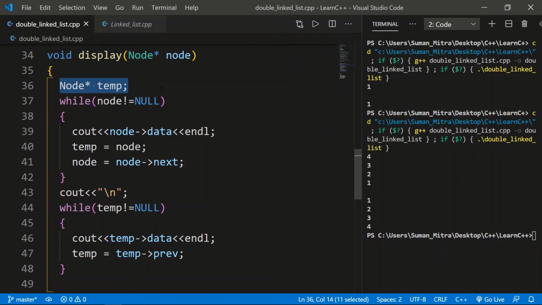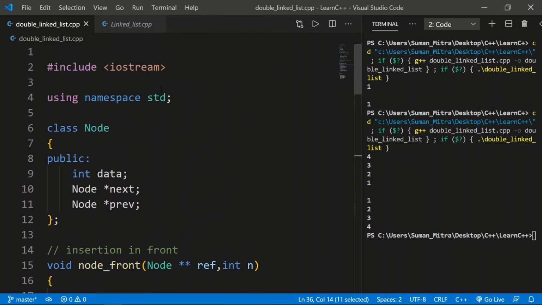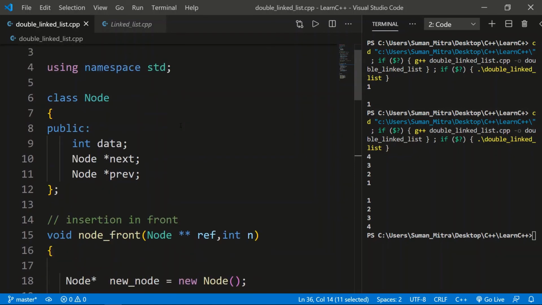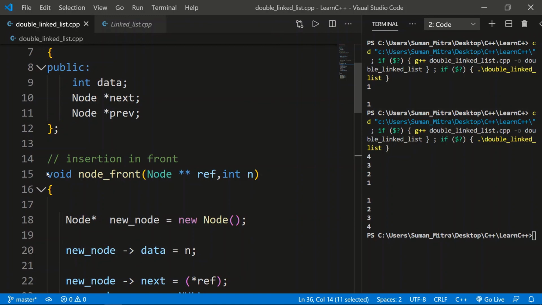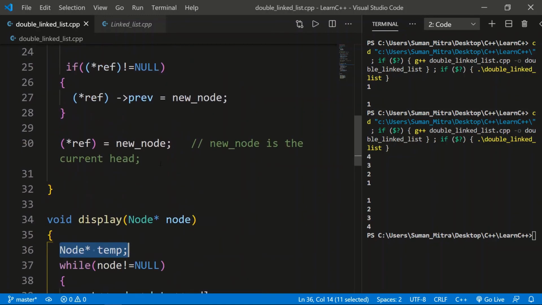We can do it if, I don't know, I did not get it till now, but I think we can do it. But in the double linked list we can do it easily just by adding a node and using the previous value or the next value, and we can just change the order. This is the main reason I showed you by writing an extra temp here.